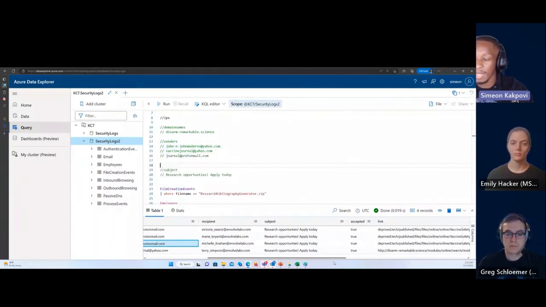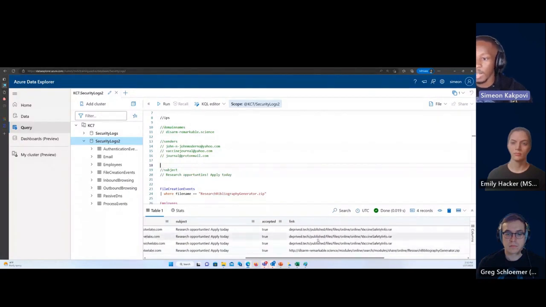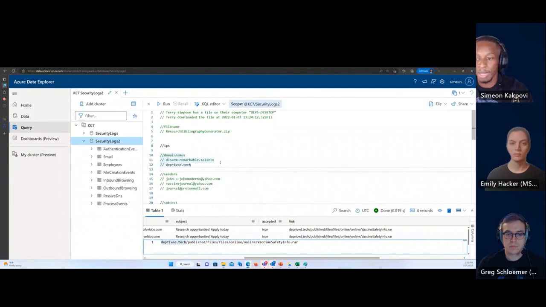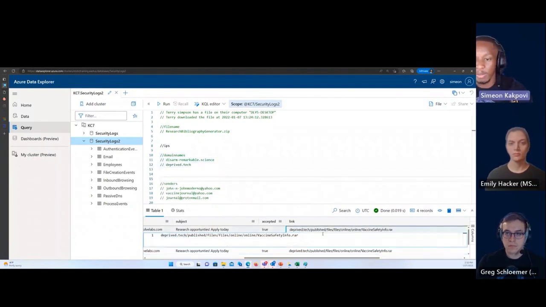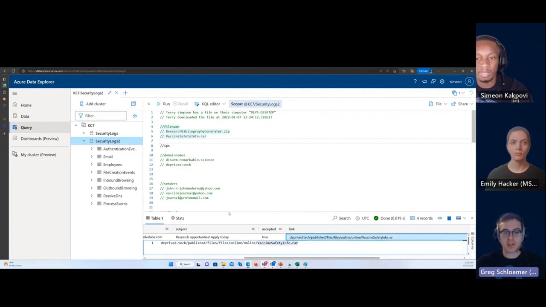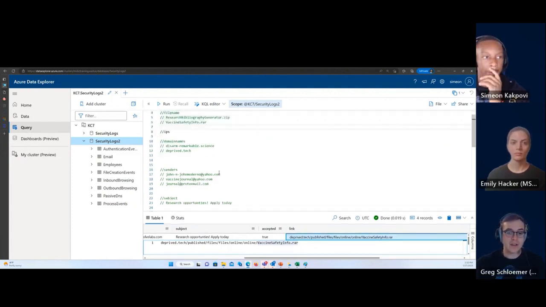What do I see here? I don't see any new subjects because that's what we're pivoted on. We see one new domain that I can make a note of. And then I can see one new file name, vaccinesafety.rar. So what Simeon's doing, because it's instinct more or less when you've done this a lot, is looking for things we didn't already know, right? Okay, here's a domain I haven't already seen. Here's a file name I haven't already seen. And he's constantly doing sort of an intuition check. Does this seem in line with everything else I've seen from this actor?